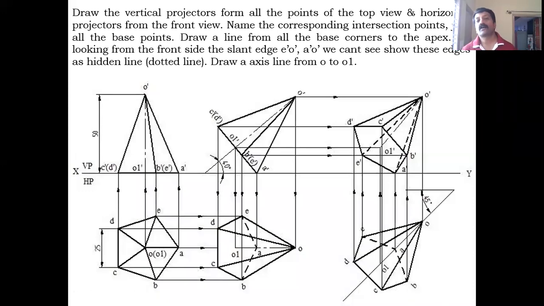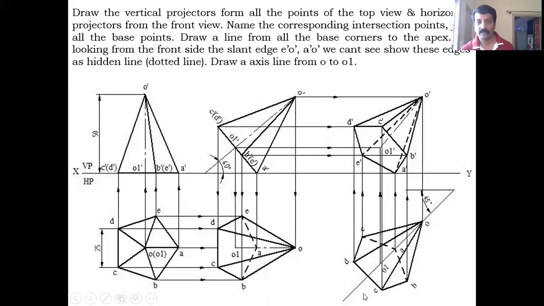So here also, all the base points should be joined, as well as the corner points of all the base points should be joined to the vertex in all the views. So you are looking from here. As I told you in the pyramid, the apex you are writing is always towards the XY line. For the last position, in the front view, the entire base you can see. That's why A dash, B dash, C dash, D dash and E dash you can make visible edges. And coming to the slant edges, B to O you can see, since you are looking from here.